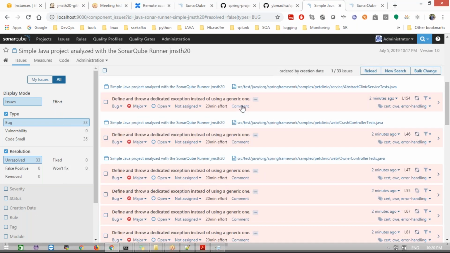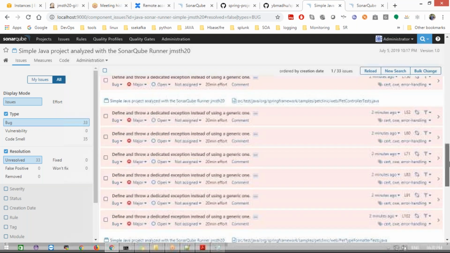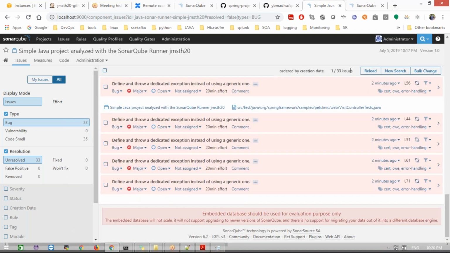They will do it for the next build. They will resolve these changes, and if you do the next build, instead of this many bugs we will get fewer bugs, and again we need to send the report to them. Like that we need to maintain very readable, well-analyzed code and proper maintenance at the code level. They found 33 issues here. Clear? Like this, we only need to provide them the dashboard.